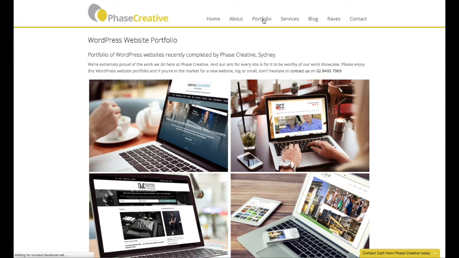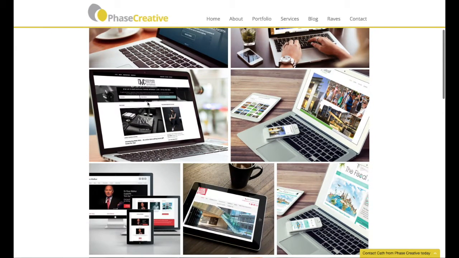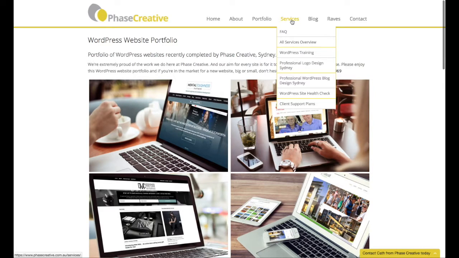Does a portfolio do anything different up here? No, it just brings me to this page. So that's the difference of an expectation. You can do a so-so job. This one's a so-so job, but it's not giving me what I would like to learn about them. This is a different way, a picture of a website on a device. It doesn't really tell the story. Yes, she has services, overview, she has WordPress training, professional logo design,